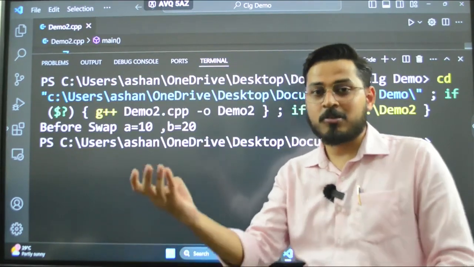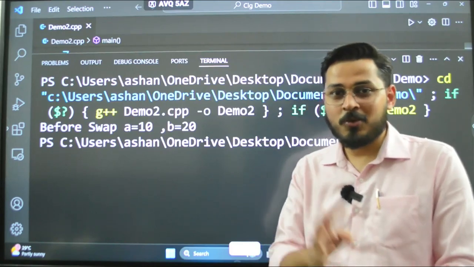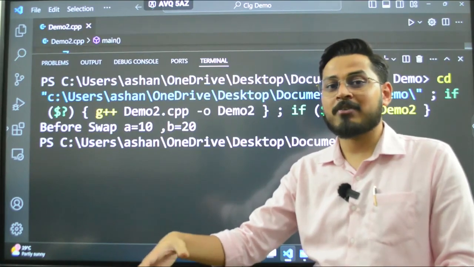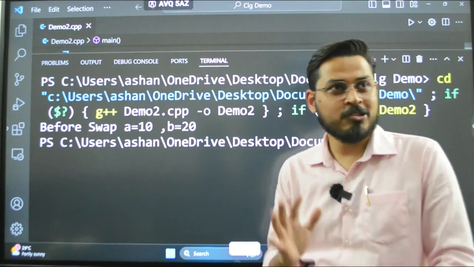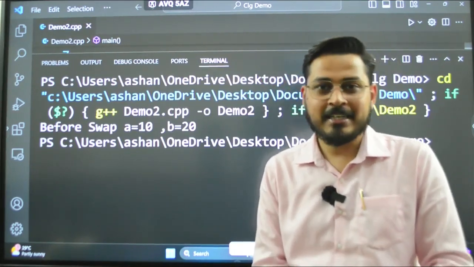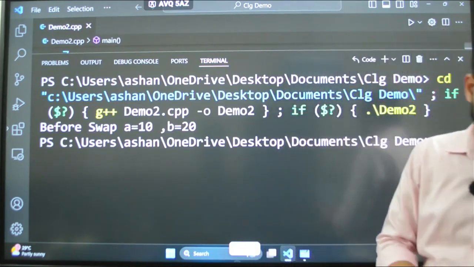In C++ also you can build it, and in C also you can do it. It is not limited to one language but is available in many different languages. So yes, a GUI desktop application can be made. Understood? Next, we'll continue.